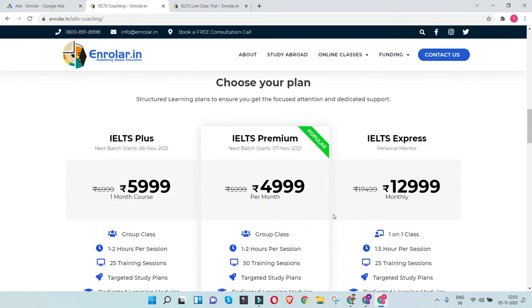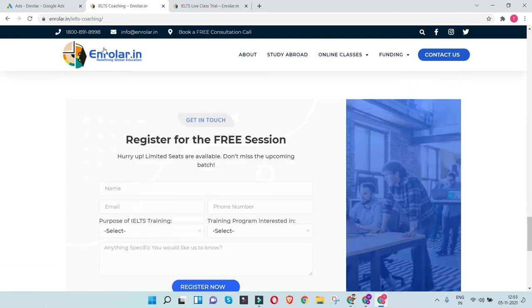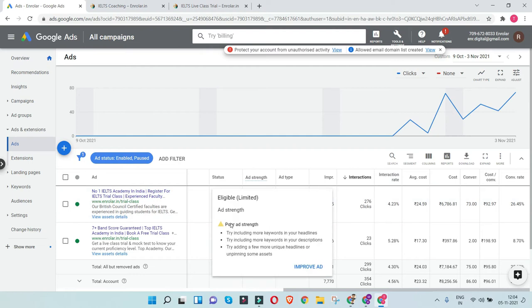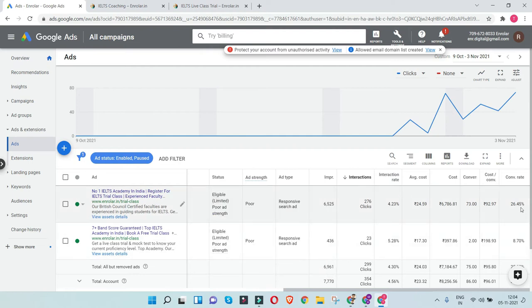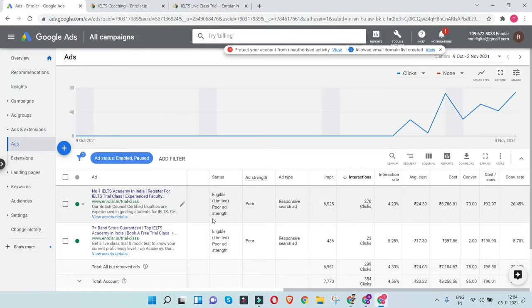The user gets to know about the call to action right over here and at the bottom of the page again. So it's a clear win-lose kind of situation where you get to see that despite having a poor ad copy, we are still getting a good conversion in the first landing page over here. So we'll continue with this landing page further, and how we can optimize it further.